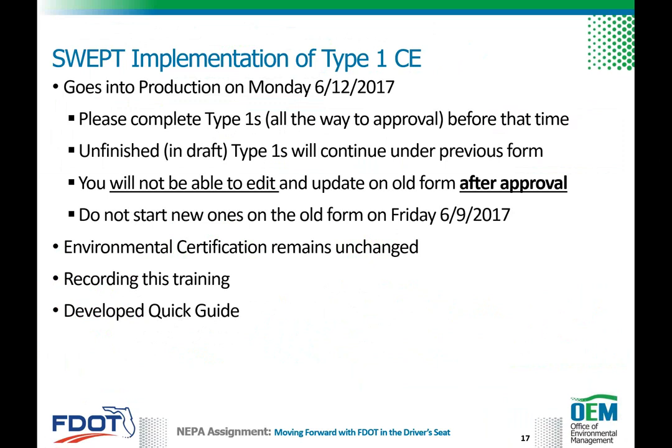One of the questions was also tied to the environmental certification. It remains intact and has not been changed. So you just process your Type 1. Once you're done, it puts up a little notification window with a link that says go do your environmental cert. We're also adding a link to the federal environmental certification so that it shows up in the left-hand menu. I know when we rolled out non-major state action just 2 or 3 weeks ago,